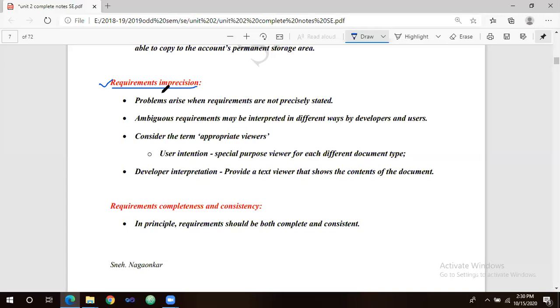Okay, hence it says that you should have precise, brief information which is related only to the development. Problems may arise when requirements are not precisely stated. If the customer is not giving the requirements correctly, then the next steps may be wrong during the development. So overall, whatever requirements are finalized must be precise. That is one of the characteristics of the functional requirement.